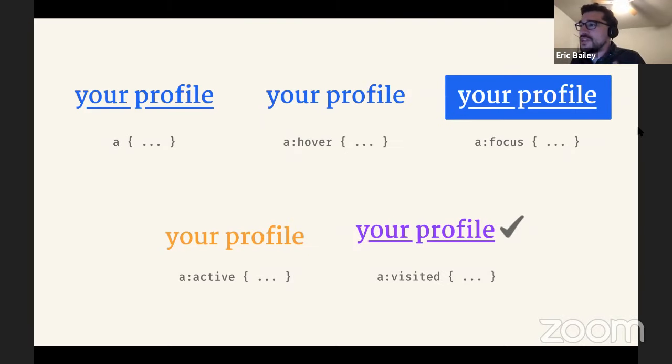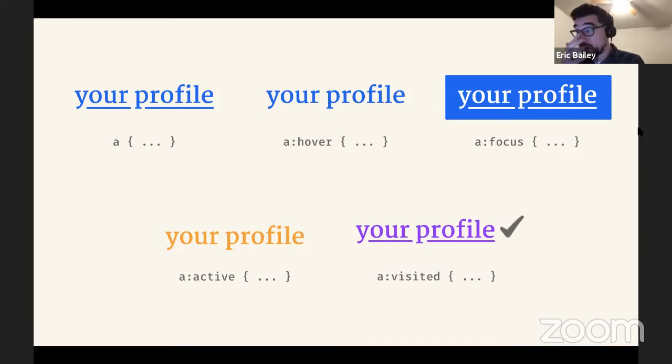So you want to make sure that each of your states is visually distinct and separate from the other states when styling an interactive element. Because each state is discrete, it allows us to more easily understand what's happening to the element that it's applied to. So here I have an anchor element, then with the hover state, the focus state, the active state, and